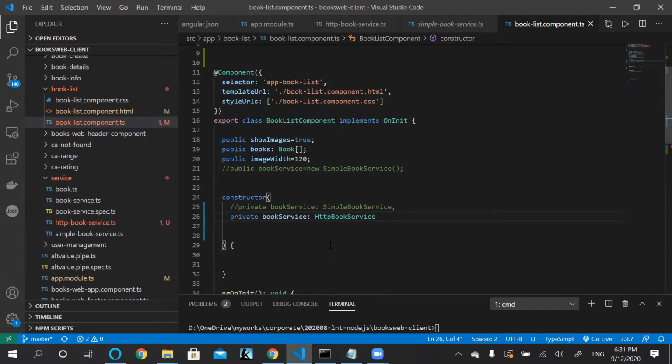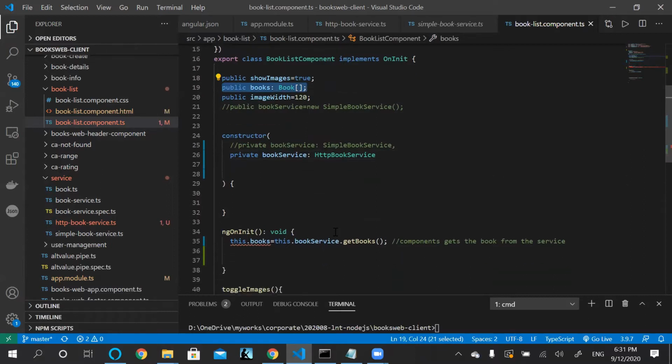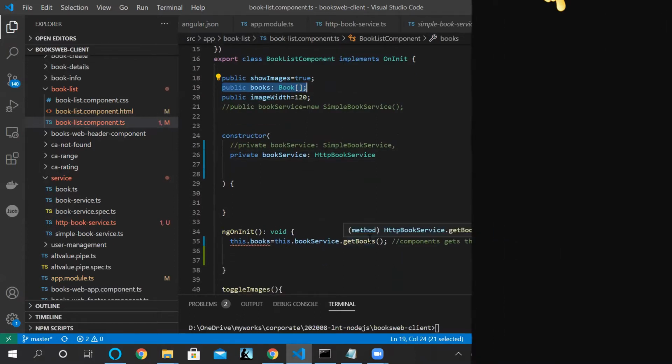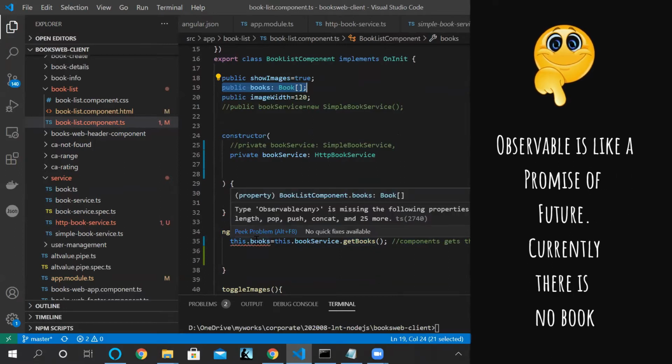And now we have HTTP book service. And as you can see, unlike the previous example, now HTTP book service is returning an observable and it is not returning an array of books. So we cannot have a straight assignment here from an observable to a books array.